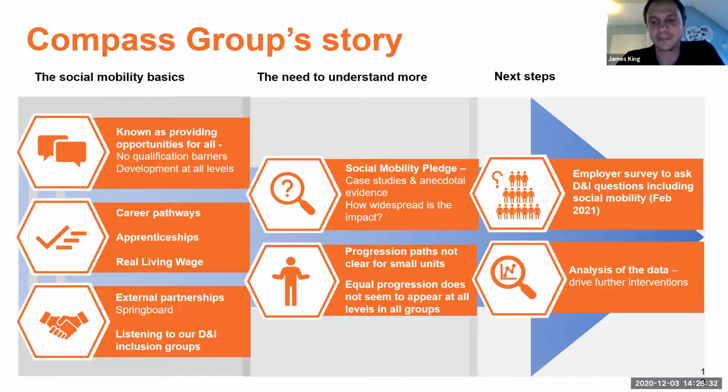For those of you that don't know, Compass is the world's largest catering and support services company. We provide services across all industries, public and private sector. In the UK, we have over 40,000 colleagues working across 6,000 different client locations, from schools, hospitals and military bases to offices, factories and sporting venues. Given our size and scale, we're uniquely positioned to really affect change for our colleagues' lives and the lives of their families, all across the UK.